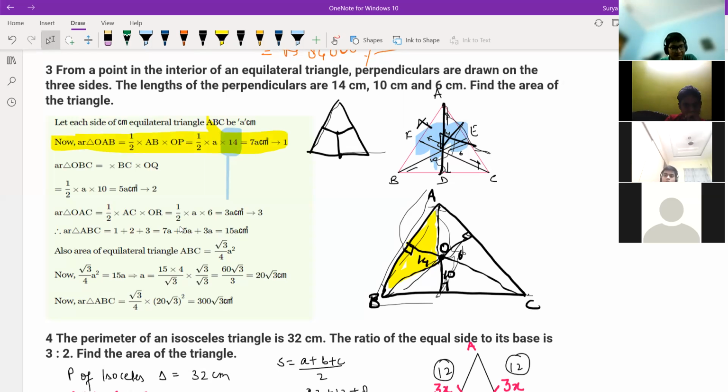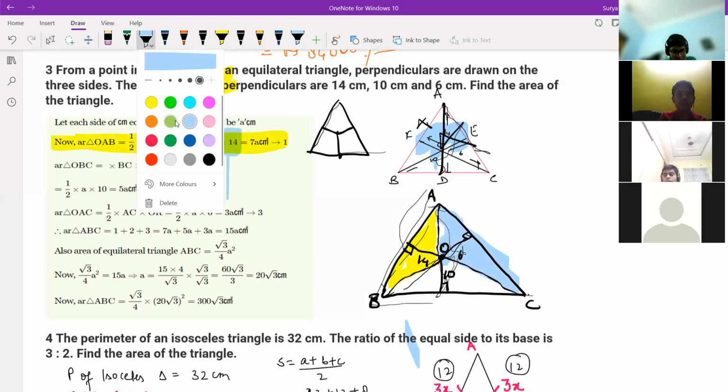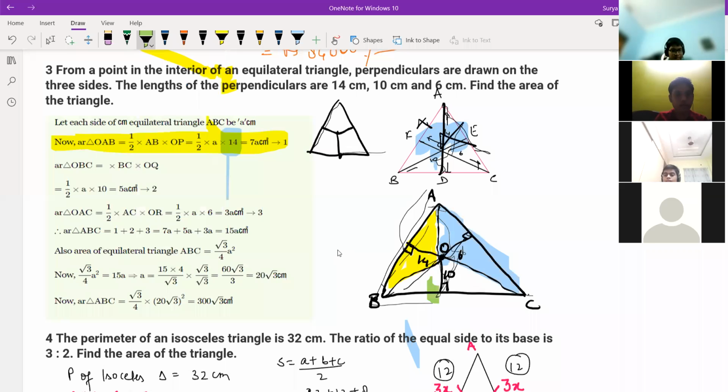Try to understand this way. It's clear, Sairatvik. Now the second part is OAC. So this is OAC. Understood, Sairatvik? Now you try to understand how you make it. Yes, sir, I'll try it. I understood the concept. And the next one is this part. 3 parts I have made over here. Now you try to compare.